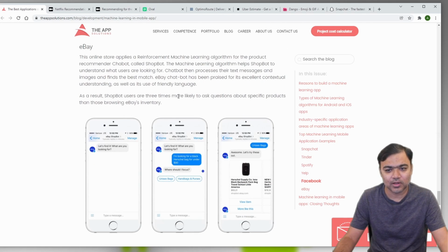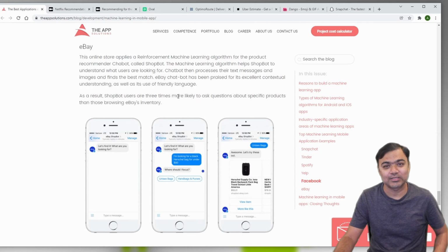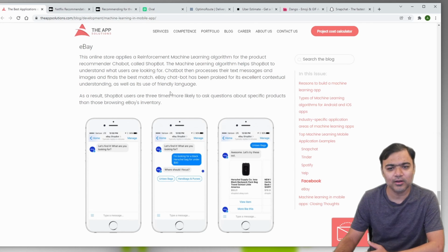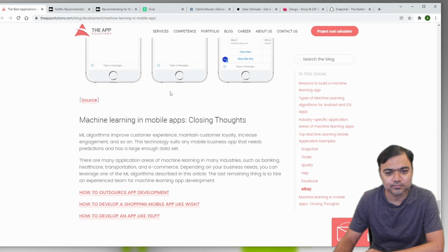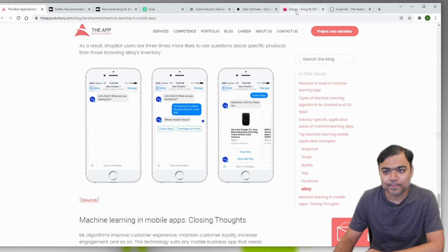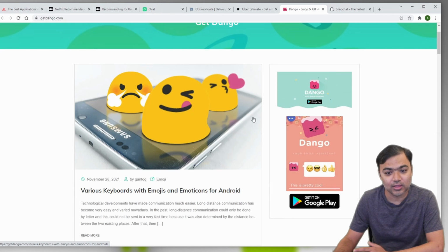eBay and most of the e-commerce companies have chatbots where they are able to solve normal queries like where is my order, why is it delayed, what's the latest status, where you can optimize the experience so that the user does not have to wait for an actual person, and then the actual person comes and looks for it. So the chatbot has everything ready. Apart from that, we have these emoji keyboards which, while you are typing, can suggest the perfect emoji for you if you are not very emoji literate or you don't know which emoji is for what.